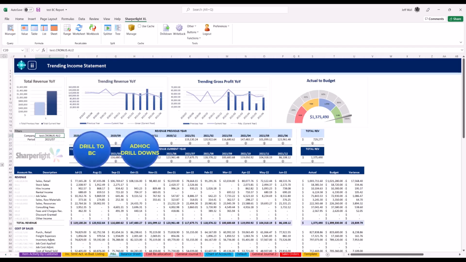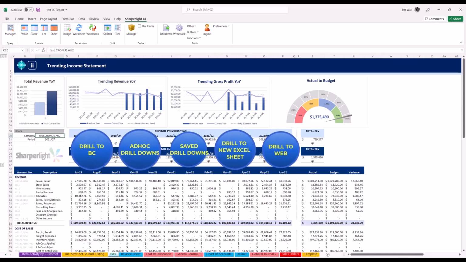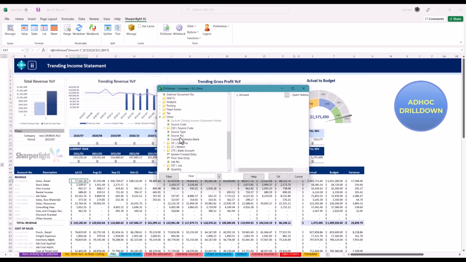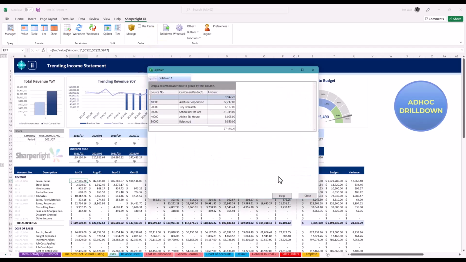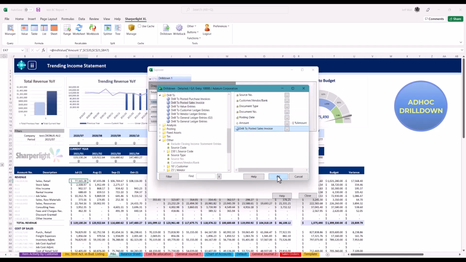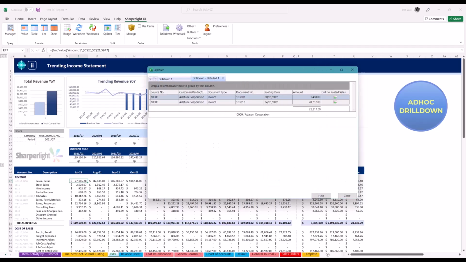Ad hoc drill downs, save drill paths, drill to a new Excel sheet, and drilling to a web report. This is an ad hoc drill down. Click the drill down button on the Excel add-in and select customer and amount to view the total for all sales for that period. You can drill on the drill to view all transactions for that customer as selected for that period. Adding the drill to option will allow you to drill back into BC to review the invoice within